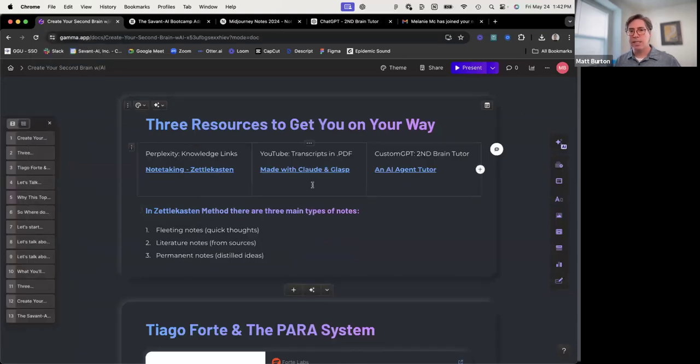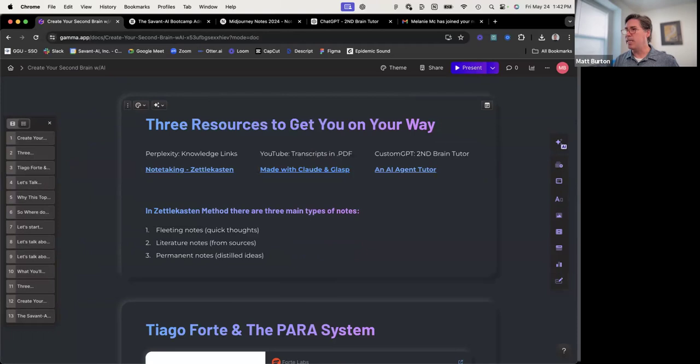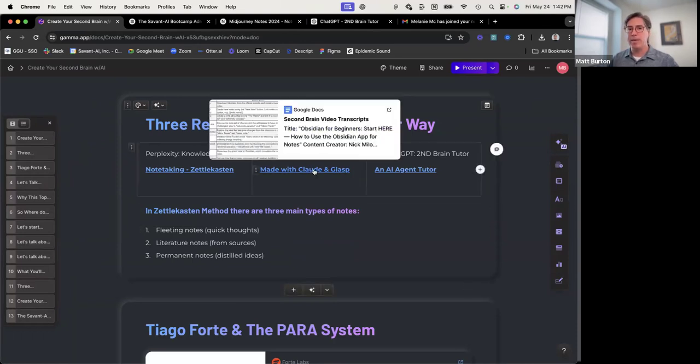So that's Zettelkasten. Now, I also put here a link to say, Melanie, it can't actually send the email. You could connect it to Zapier, a tool which connects one tool to the next. And you could probably find a way to cut that data from Perplexity and send it on as an email. I haven't done that, but it should be possible with Zapier.